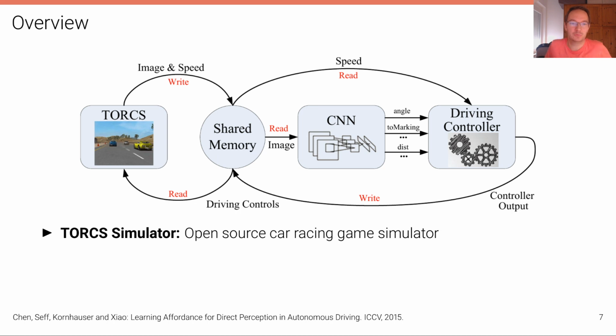Okay, so this is an overview of the system. This is a figure that I took from the paper. The system is implemented, trained and evaluated in the TORCS Simulator, which is an open source race car environment which allows for testing highway driving. And there's a shared memory that the simulator communicates with. It stores the image and the speed to the shared memory, and it accesses the driving controls and then simulates the next step in the